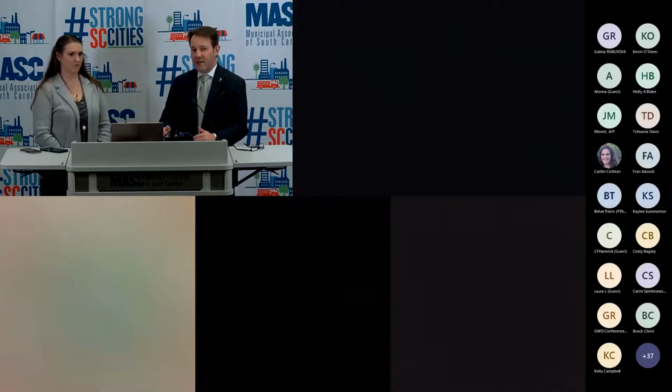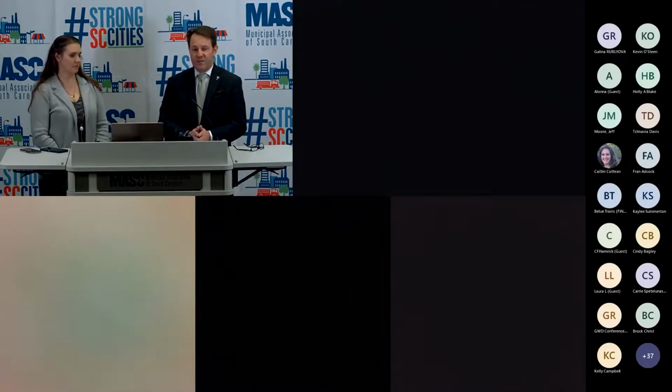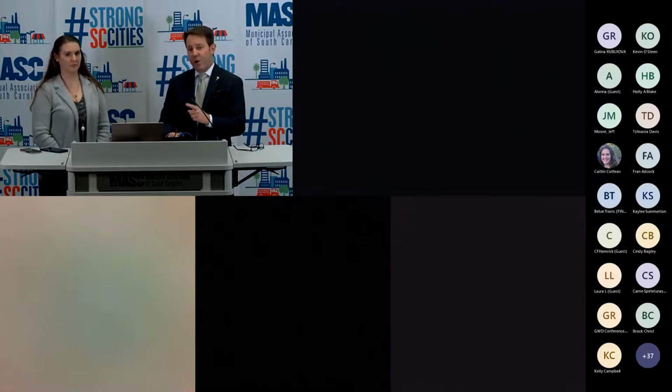And so to that end, the statute mandated an online renewal system, a business license renewal system, as John mentioned, so that every business that does business in a city or town or county that requires a business license tax across the state can go to one place and renew all of their business licenses at the same time